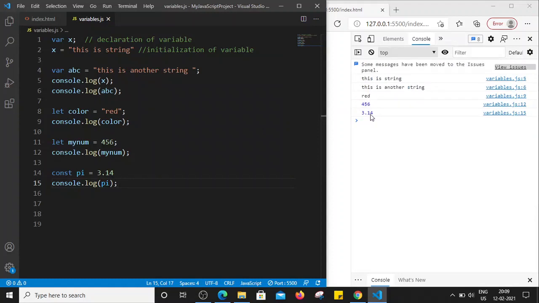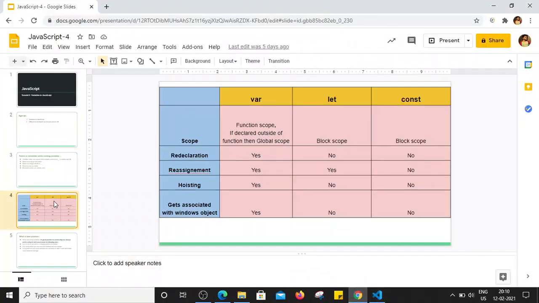So this is the use of var, let and const so far, right? So var and let so far we have seen they are similar to each other, but there are a few differences. Now let's check what are the differences between var, let and const. Right, so one by one we will see. Yeah, so the most important difference between var, let and const is their scope, right?